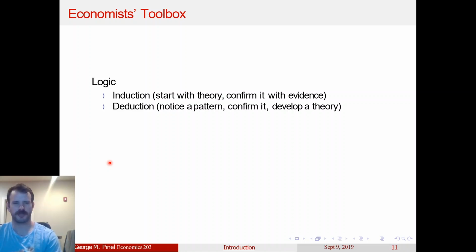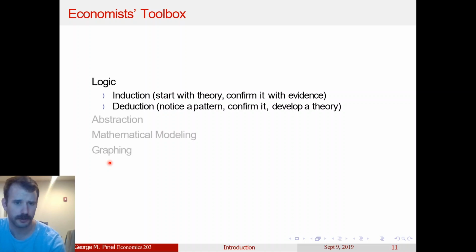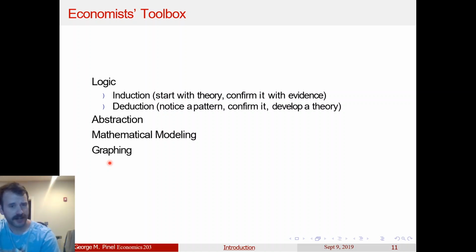I think you're going to meet more scrutiny from most academic economists than if you had a quantitative and mathematical approach with some sort of statistical testing. I think that's kind of more where the field is moving towards, at least for most people. But it's not the whole field. Okay, so the next three tools are kind of similar. So I'll start with abstraction.